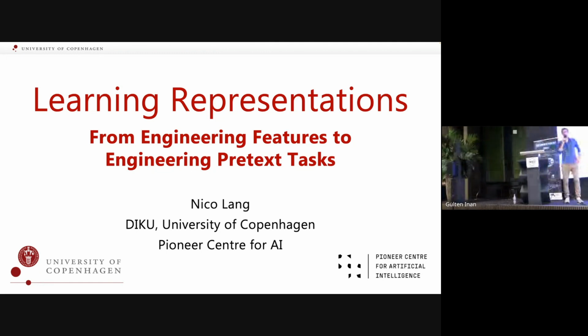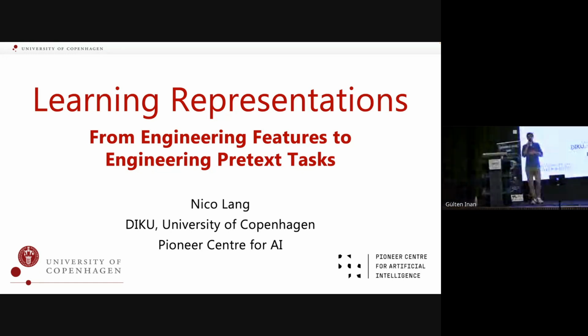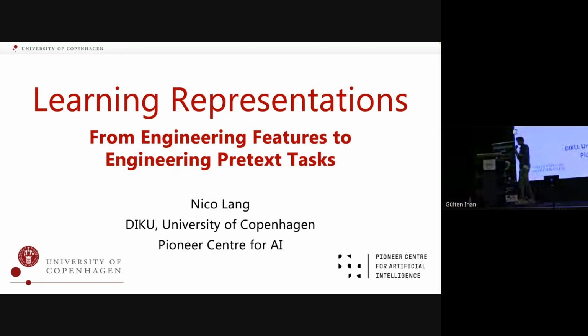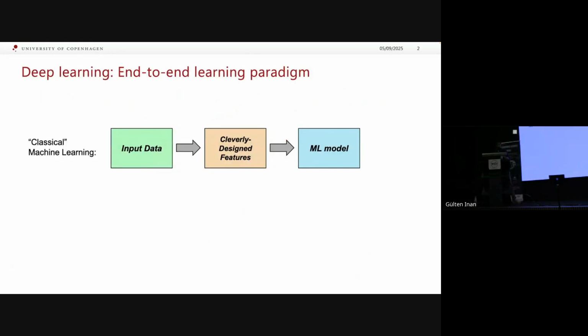And I realized a bit that we have a very diverse crowd, which is excellent. So I tried to design this lecture in a way that everyone could get something out of it. So yeah, and I gave it the title From Feature Engineering Towards Pretext Task Engineering. And I will show you in a bit what I mean with that. But let's start maybe by first having a quick look at what is this deep learning.